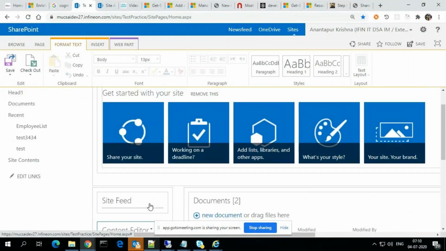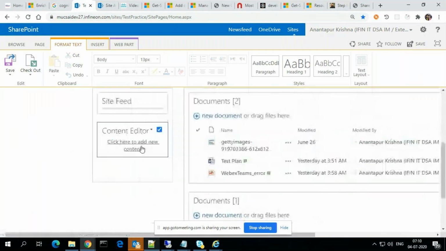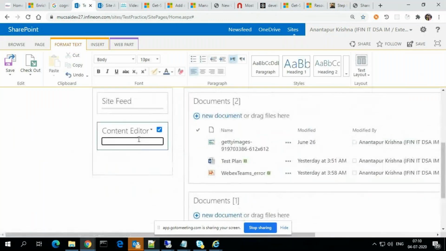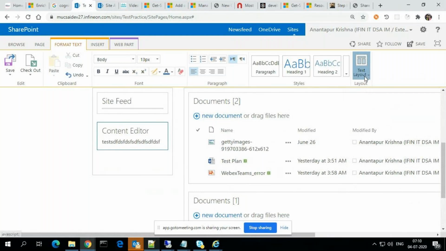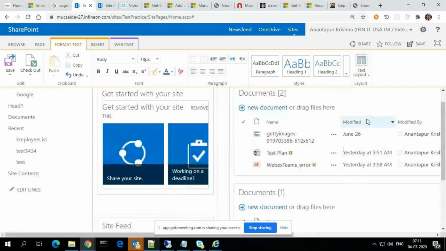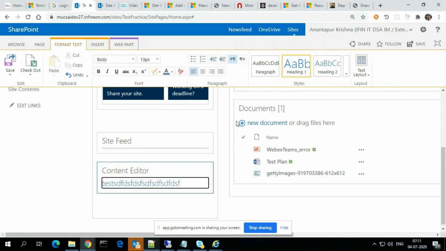Not only that, you can add the content also here in the content editor web part. You can directly add the content here, not an issue. You can type like this also, and you can add layouts also, like two columns or anything, and maintain layouts and styling.